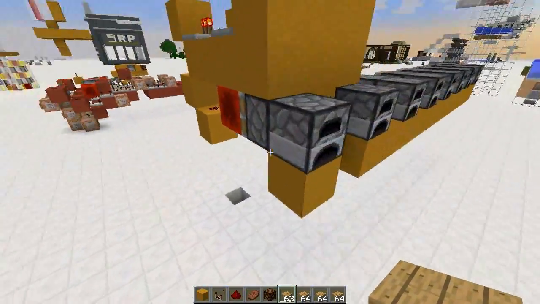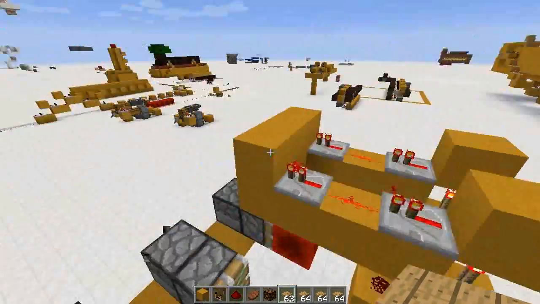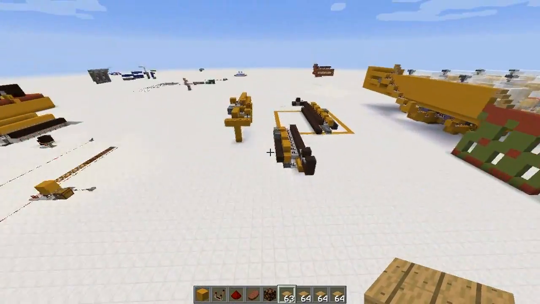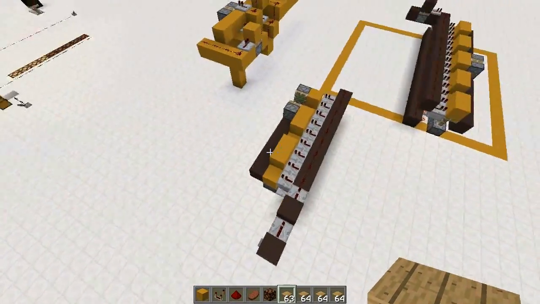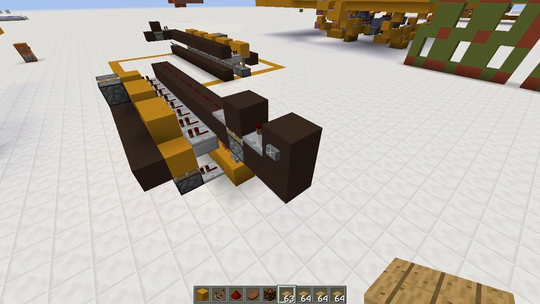Oh, this looks like a bud switch. If the furnace turns on, it will trigger the redstone back here. I was also playing around a lot with signal strength. Oh, this. I was trying to see whether I could make a